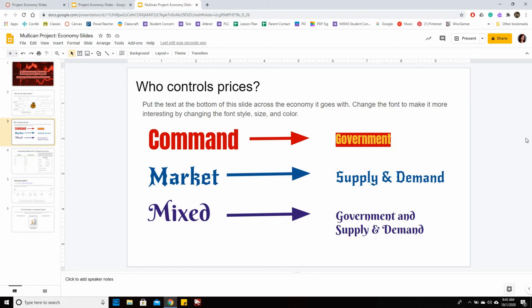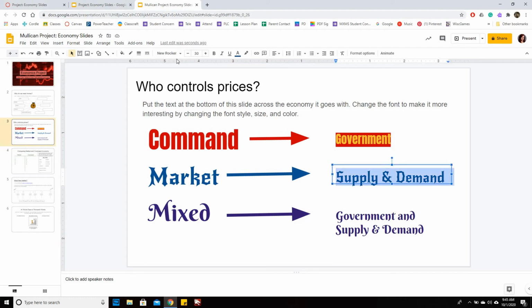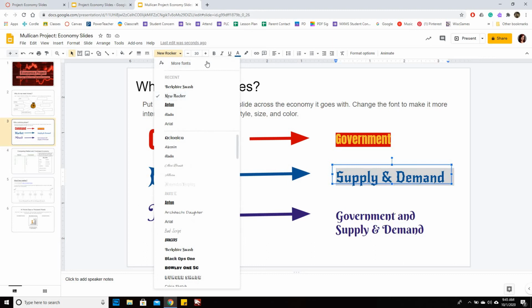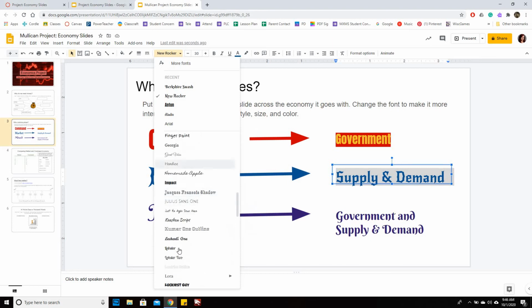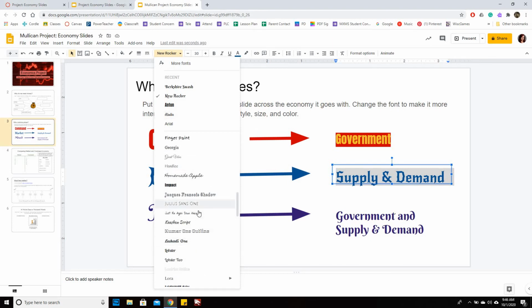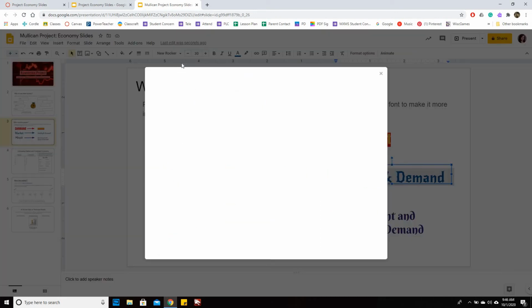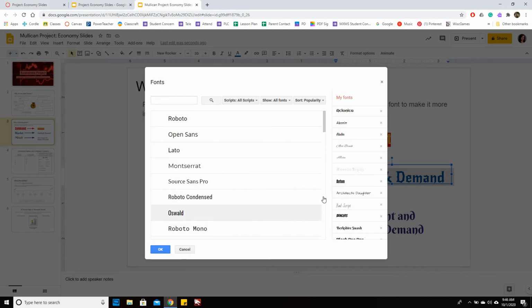So I did that. A lot of times for the font, a lot of these I got by adding them. So if you're looking through and you're like, oh, this is boring, and how did Miss Mulliken get all these fancy ones in here? Well, what I did was I clicked on more fonts, and then I went through here, and I think a lot of the ones that are more, let's say, fancy, are the display ones. So if you click on display,